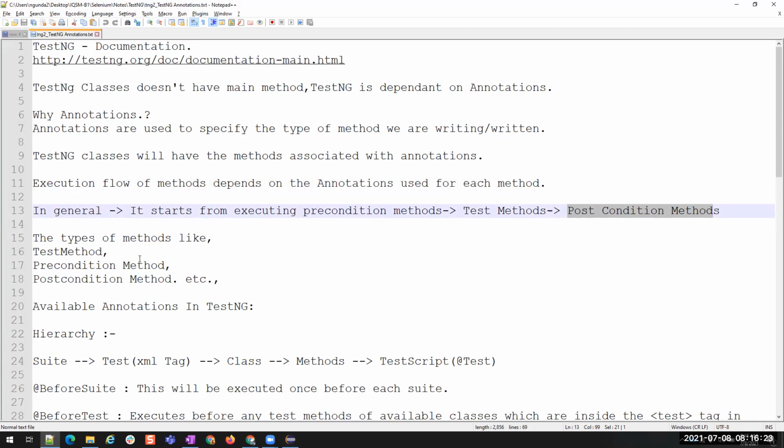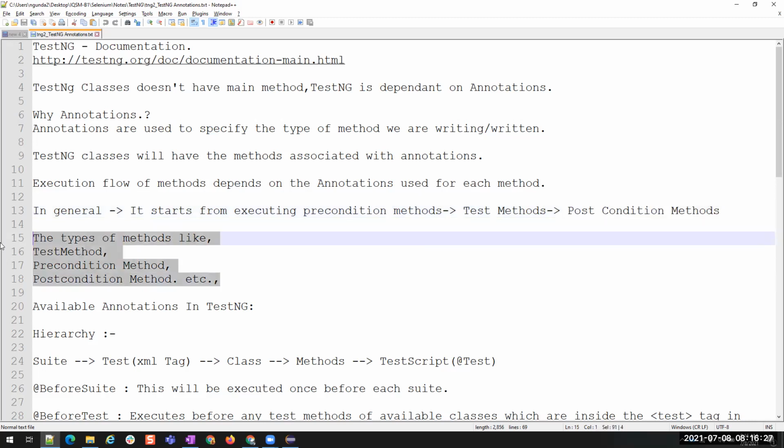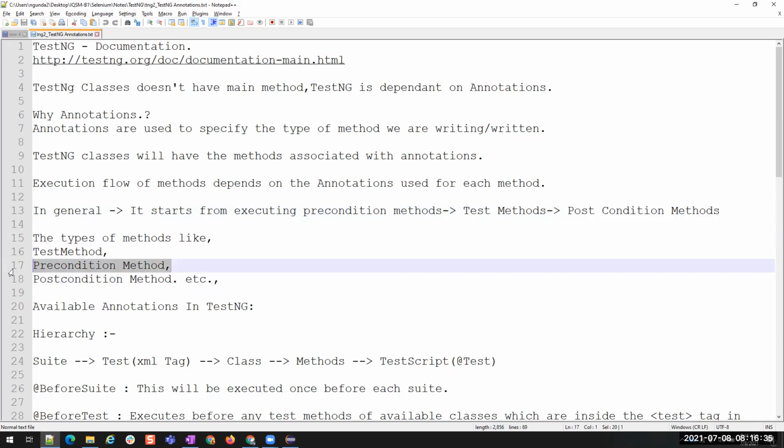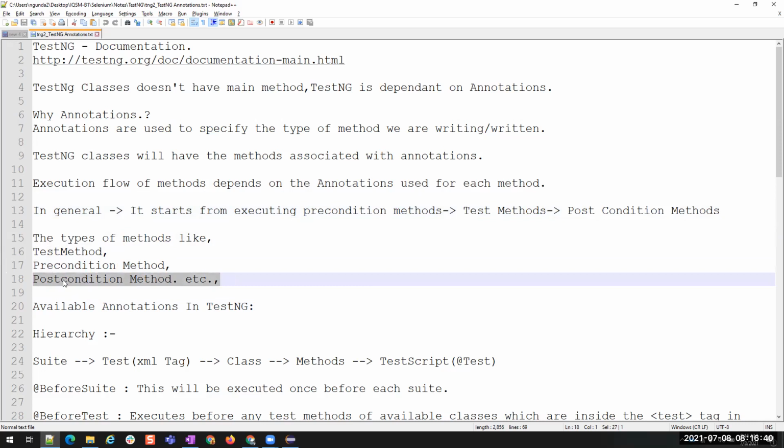Okay. So what are the different types of methods? We have the test case methods, where the actual test case or actual scenario is being tested; precondition methods, where the prerequisites are set up; and post condition methods, where the cleanup activities or the actions after the operation is performed are done. Such kinds of actions will be done here.